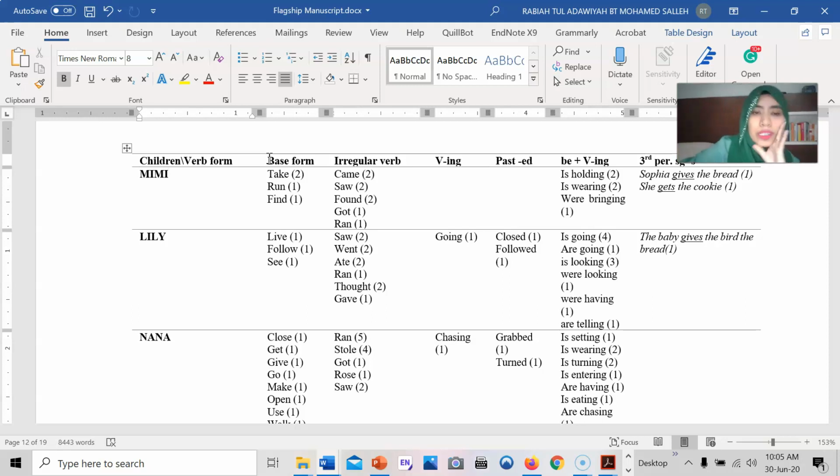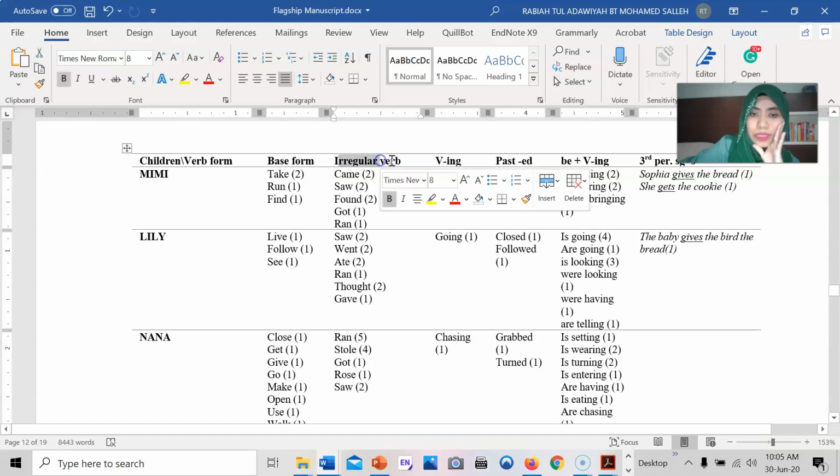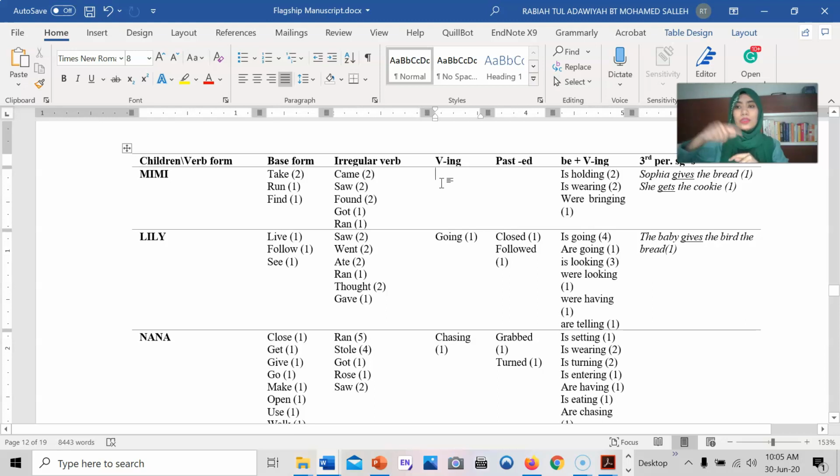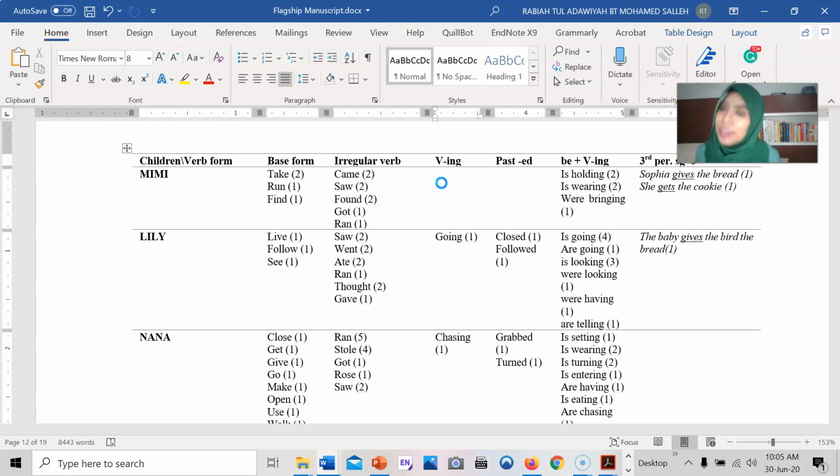All right, so here look at the base form, the irregular verb plus ing. This one, verb plus ing, is without the is or are, right? So if your participants say, I going to the theater, I going to the cinema, that one is under verb plus ing, without the be plus ing, right? So if they use verb plus ing without the auxiliary is or are, meaning they have shown, you have to look at the emergence criterion. If they use it on several numbers of words, right, you can say they are in the category stage of PT.